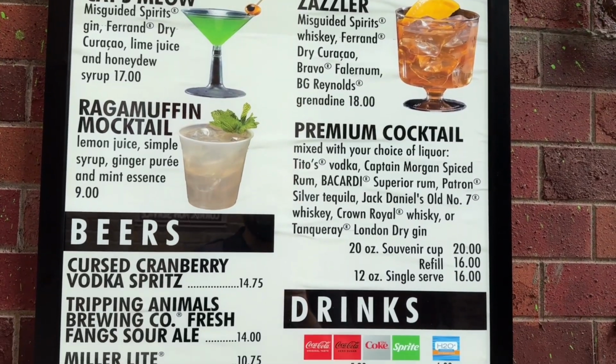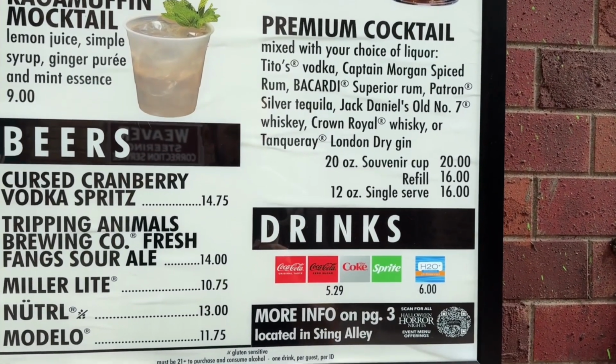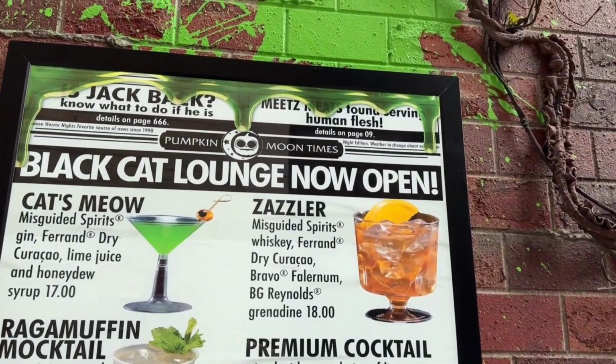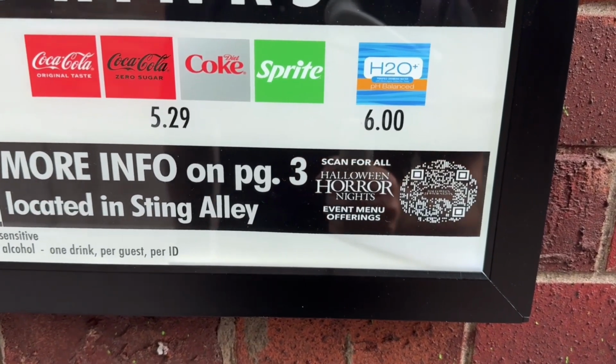And then this is a bar, so you got your specialty cocktails and your beers, and of course your soft drinks and things like that. Seems like there's a lot of Easter eggs here though. This is really fun. Meats. I also just noticed at the bottom of the menu here, they do have a QR code that you